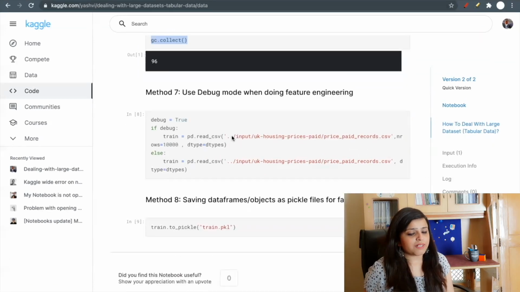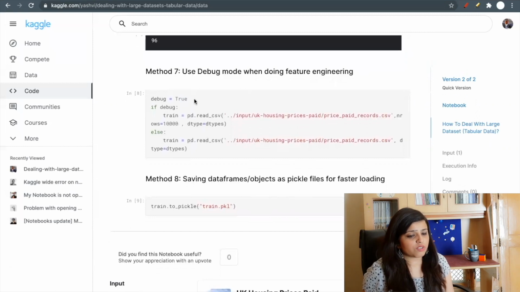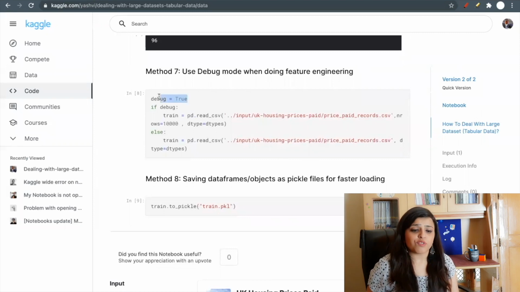Method number seven is to use debug mode when doing feature engineering. In feature engineering, we do lots of experiments and lots of operations on data, so don't do it on the whole data set. Do it on some number of rows or some chunk of data. You can use debug=True.